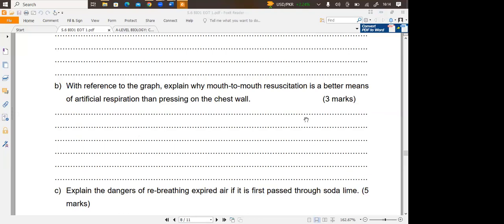Then let me also look at those who have raised their hands. Yes, Ignatius. Right, thank you, Mr. Arthur. I have one question. The question told us to make reference to the graph. I would think I can give those reasons from the graph, like comparing concentration of carbon dioxide, and then having a higher concentration of carbon dioxide expired, which pressing